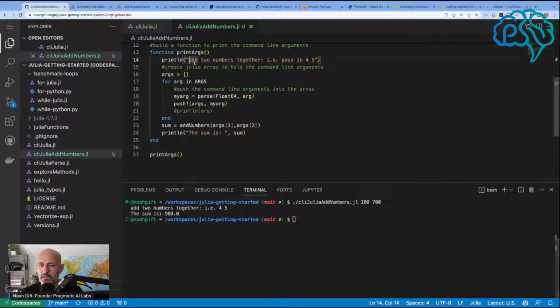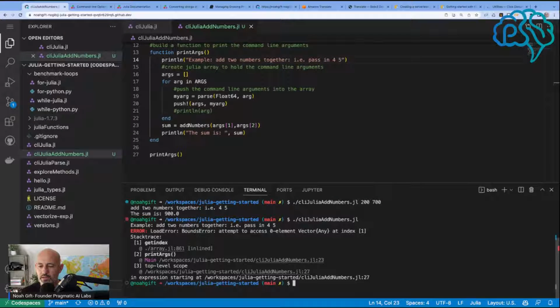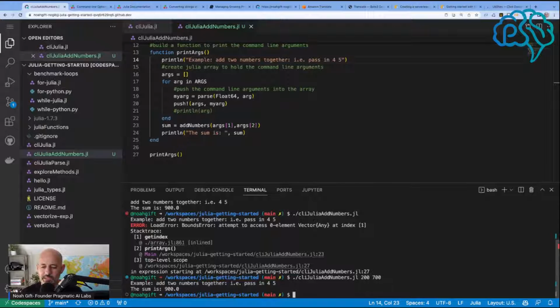Okay. I mean, example. Do this. Yeah, I mean, this is kind of a crappy command line tool, to be honest, but I got something working. Sum is 900. Okay, well, and I could say even at the bottom here, like, you know,